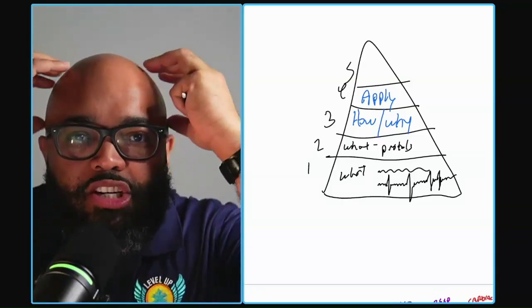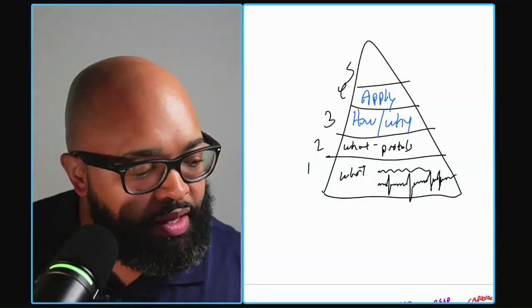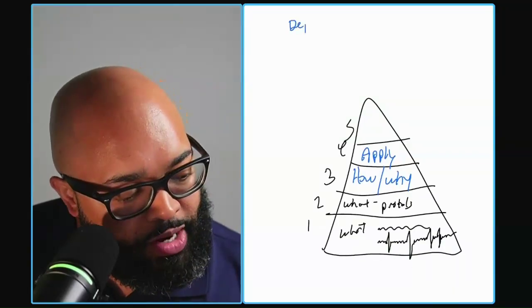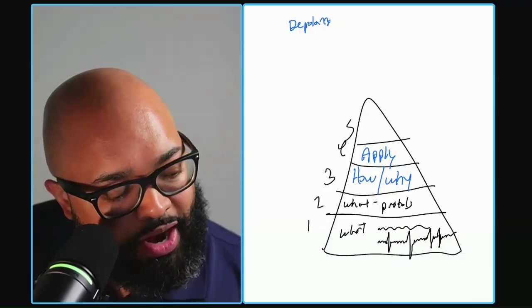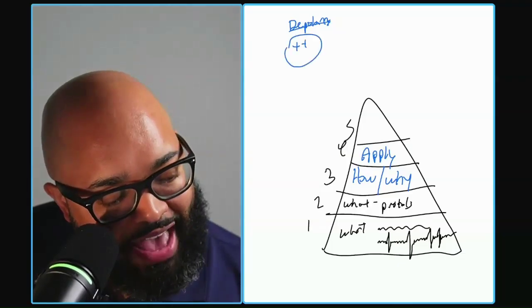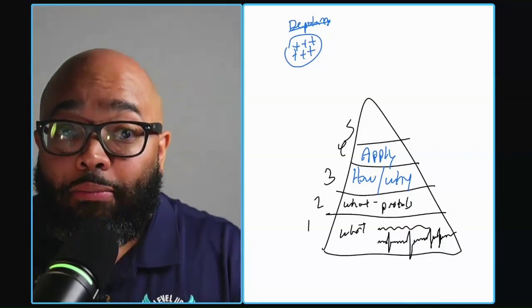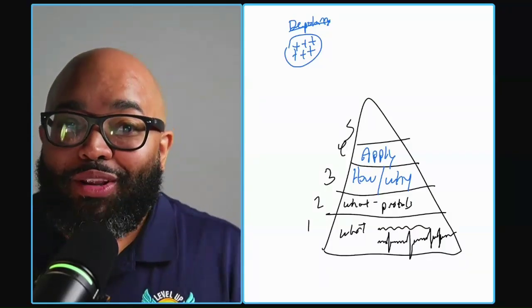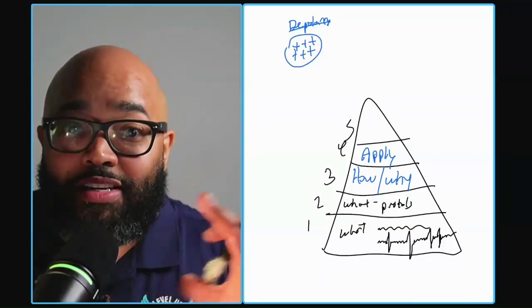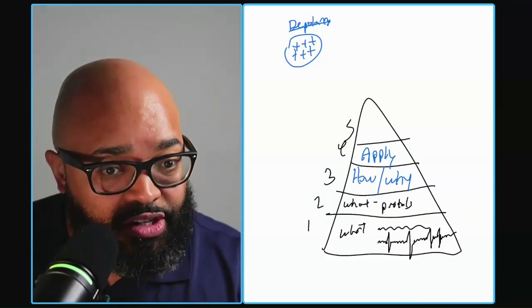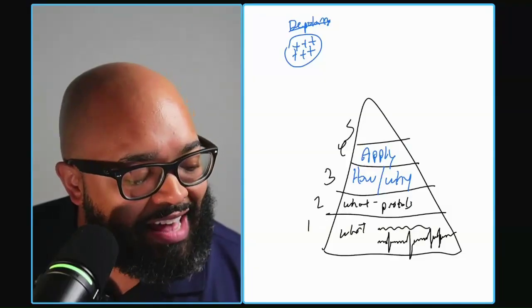Let's say I have too much depolarization in the brain. We're going to take one concept and call it depolarization. What is depolarization? It's where I have too much positive activity on the inside of the cell, and that causes some problems. It's good to be positive in real life, but in the cell, too much positive is a bad thing. Positive is good, too much positive is bad inside the cell.